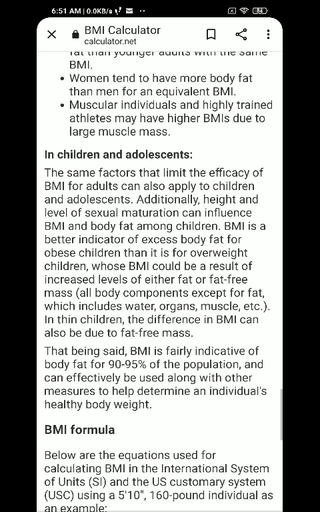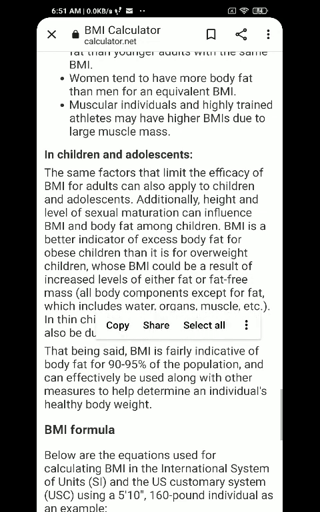I think that's enough for the BMI. Okay, let's